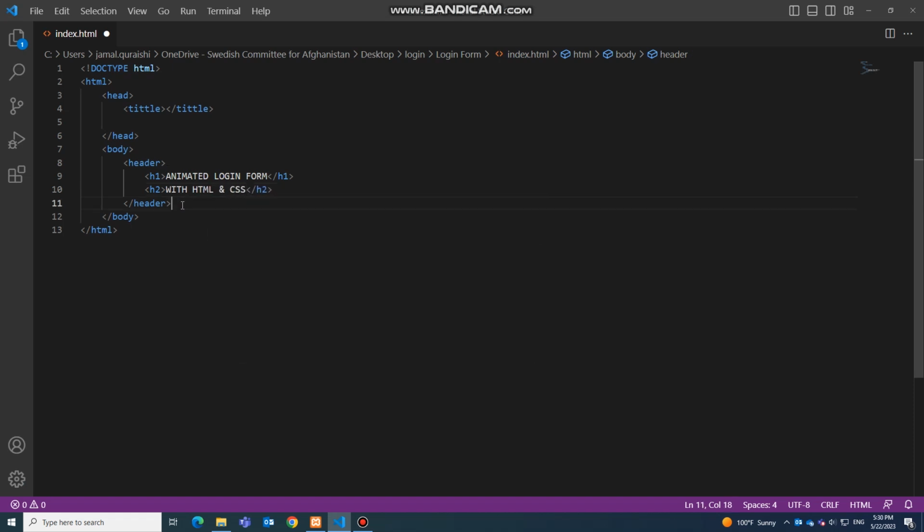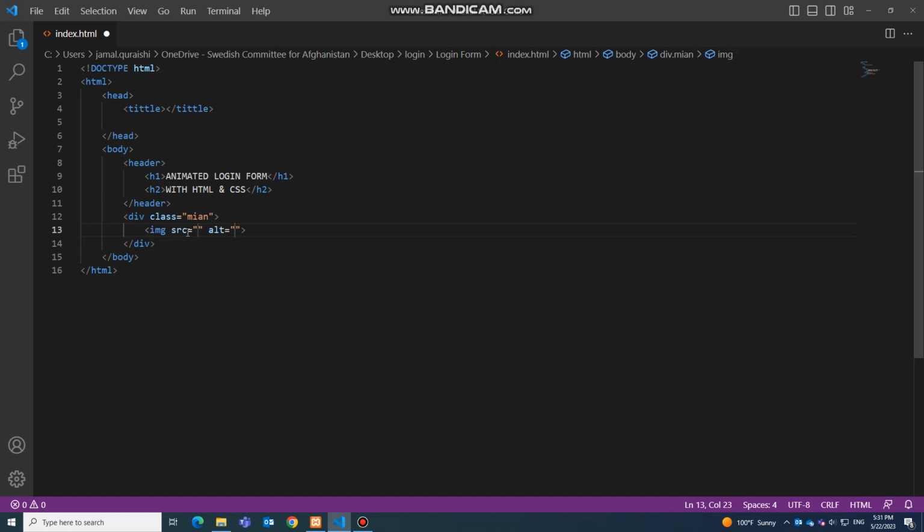So this is done. The next thing which we need to do is add a div, and you can name it main. Now main is a name or a class for this div. You can add any other. This is basically a name that I love to use for my first divs. Now inside this div we need to